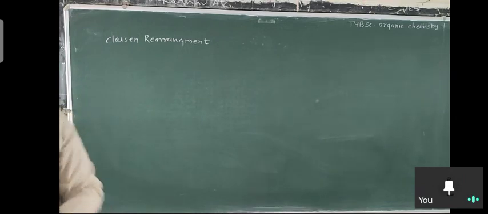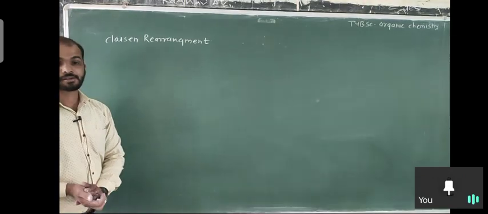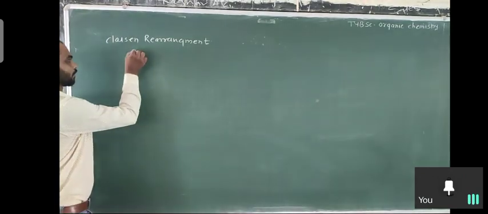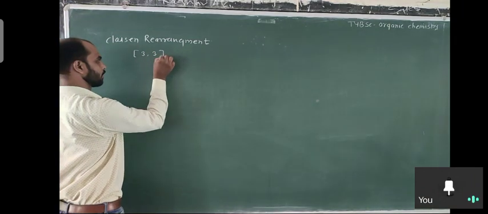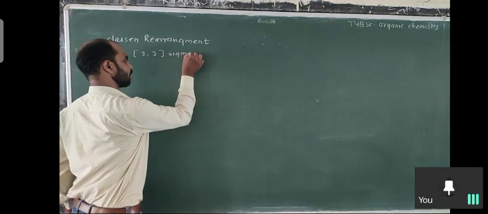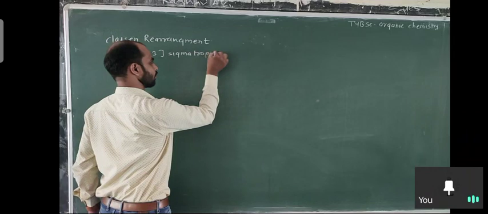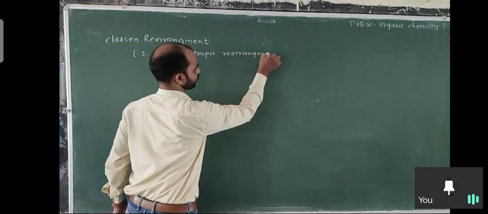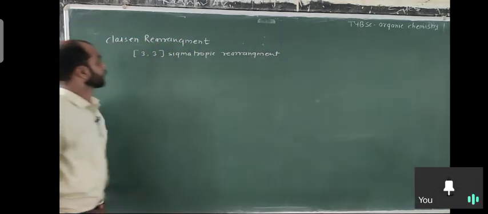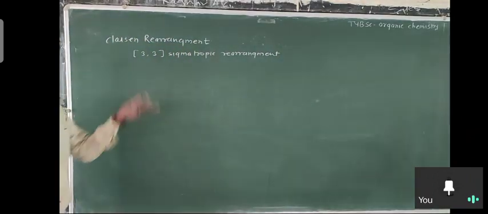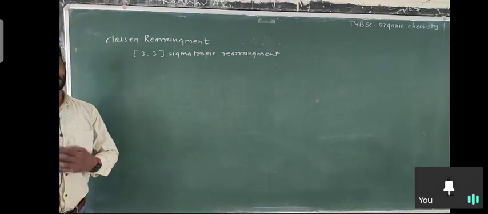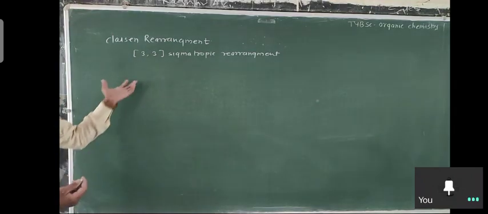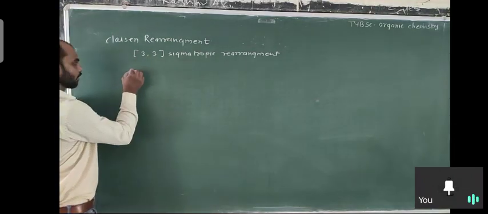Basically it is a 3,3 sigmatropic rearrangement. Sometimes a question is asked in MCQ. Okay, Claisen rearrangement is a 3,3 sigmatropic rearrangement. So in that rearrangement,